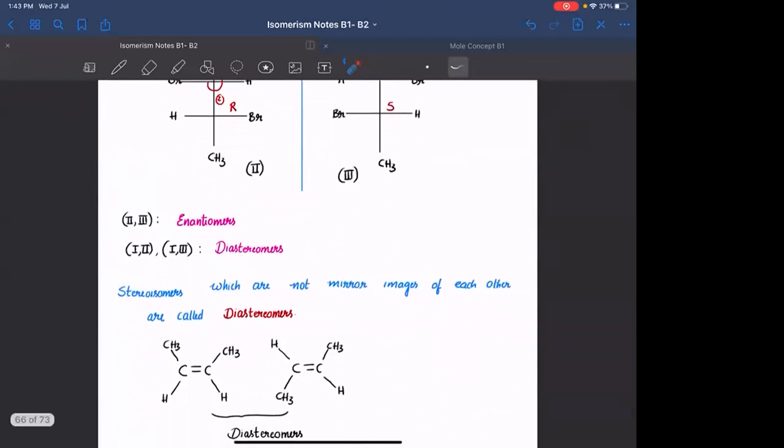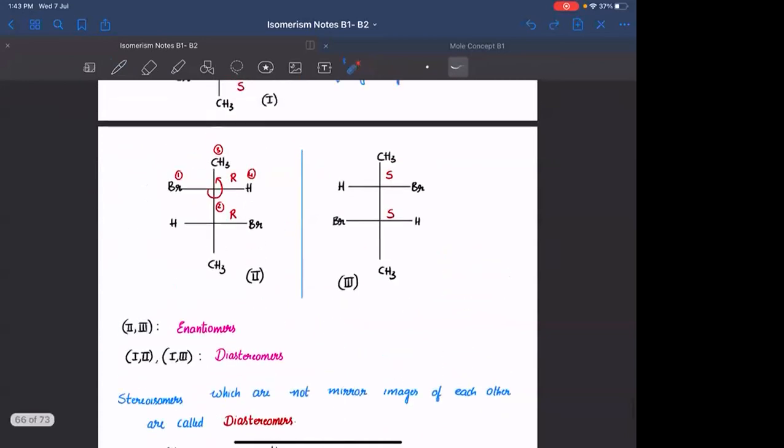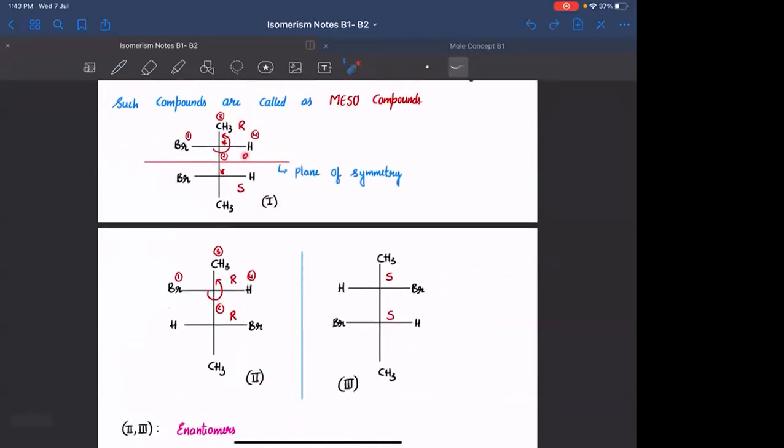Then we have seen one more important term called diastereomers. Diastereomers का मतलब क्या है? They are also isomers. If you observe 1 and 2, these two are isomers because they are having same molecular formula. But they are not mirror images of each other and they are also not identical. ये दोनों same compound नहीं है ना, these two are different. So these two compounds will be called as diastereomers. Diastereomers are isomers which are not mirror images of each other. Clear? So 1 and 2 are diastereomers, 1 and 3 are also diastereomers.